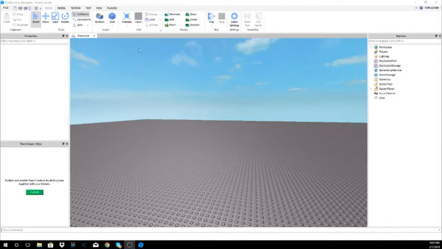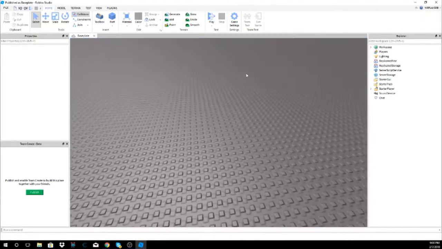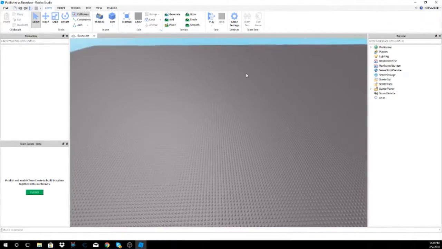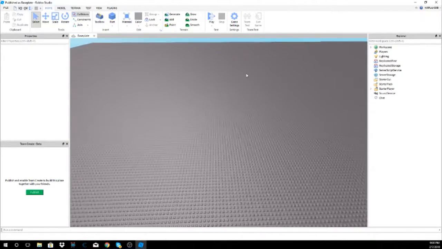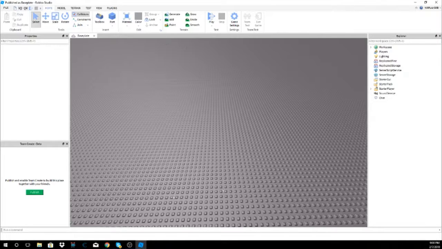So here are the basic things that they would teach you in a basic tutorial. Moving around your camera, you go WASD, simple. Hold right click on this box right here. This box is your screen. It's going to have the name. And by the way, if you want a base plate like this,